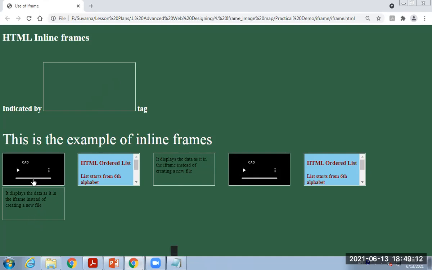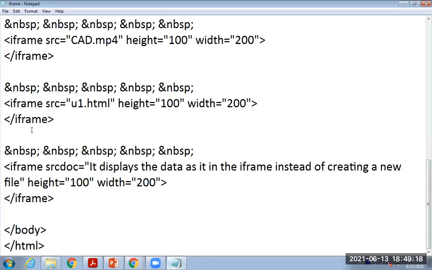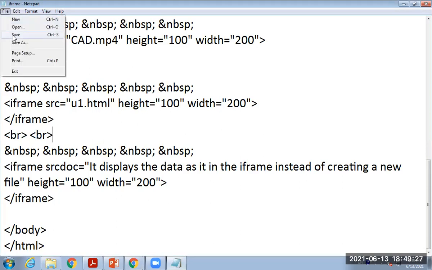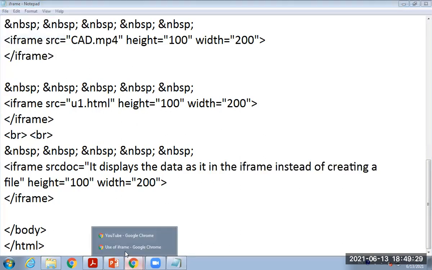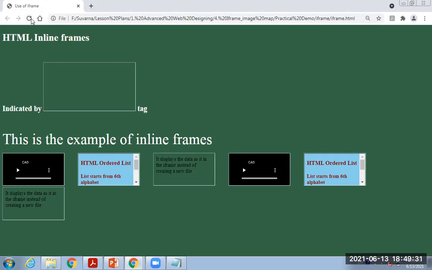Now, if you want a specific distance in between these two iframes, in that case you have to provide the break here. Provide 1 or 2 breaks as per our requirement, then save that file and again check the output. Got it?